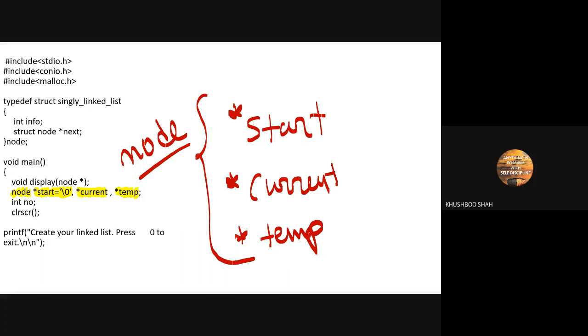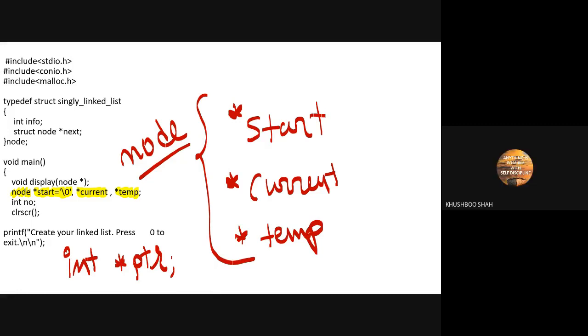So if I ask you, what is the data type of the temp pointer variable? Node. And what is the meaning of it? If I write integer asterisk ptr, what does it mean? ptr is a pointer whose data type is integer.